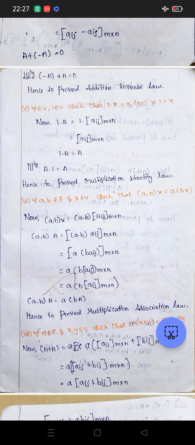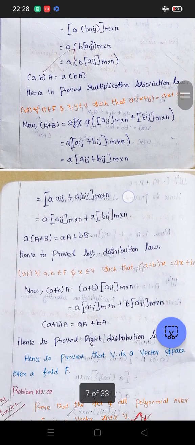So here (ab) of A is equal to a of (bA). Hence we prove the associative law. The seventh property